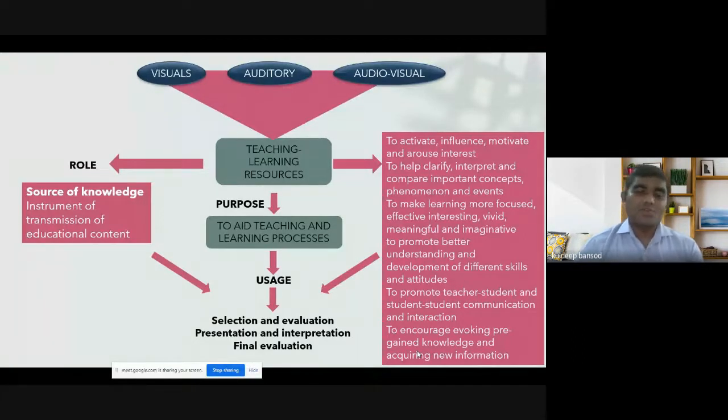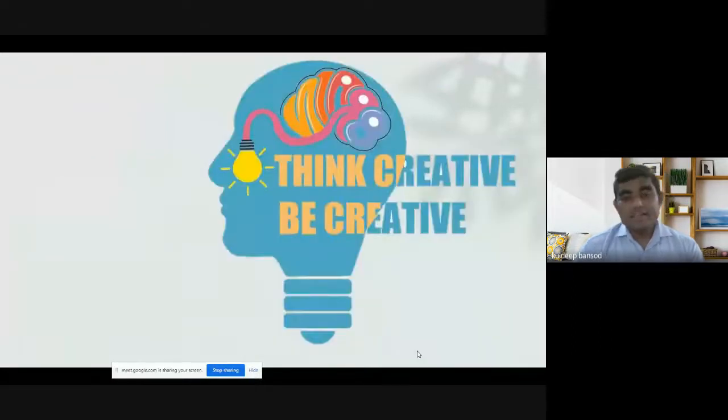No issue to recall or study those things again. So think creative, be creative. What I found good and interesting for my students, you may not find equally interesting or good for your students. It is better to think creative, think in front of the students, and be creative.